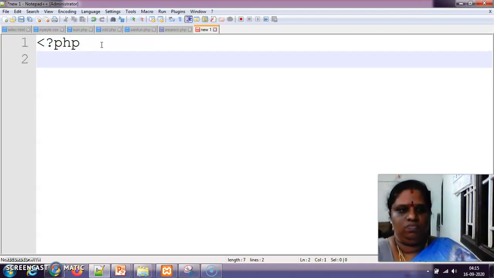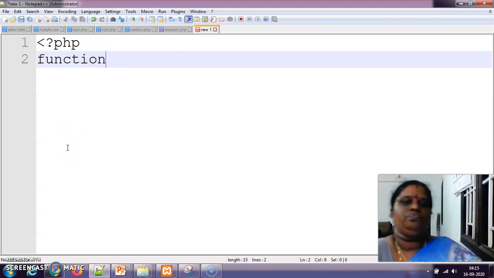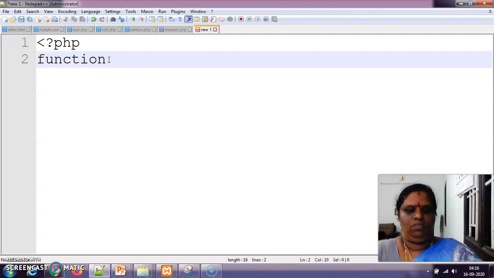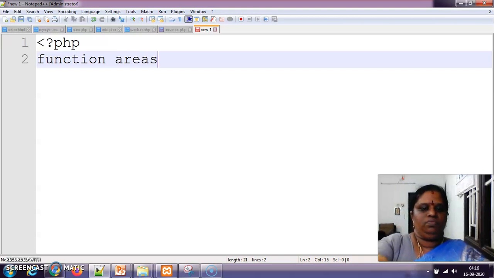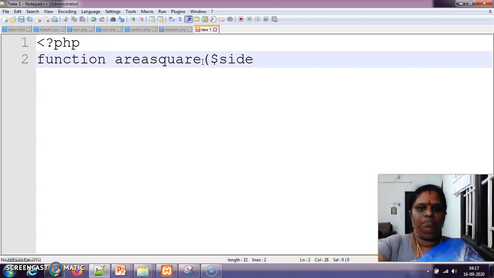PHP function, area of a square. And the value can be side is equal to 10. This is the default value.